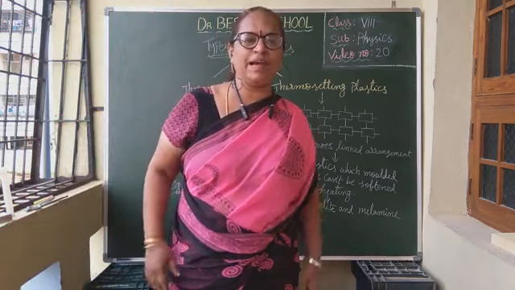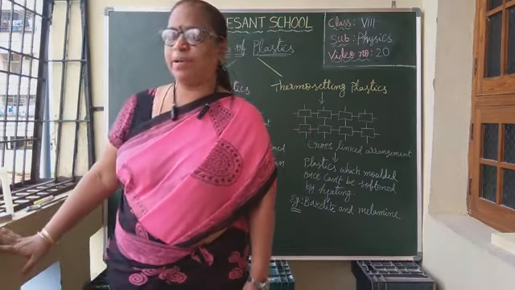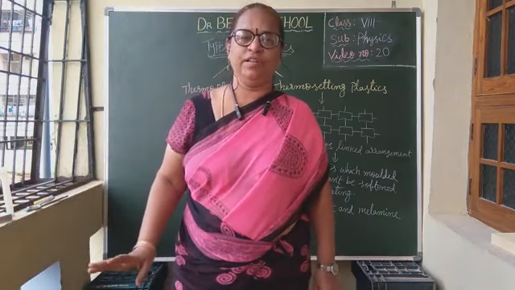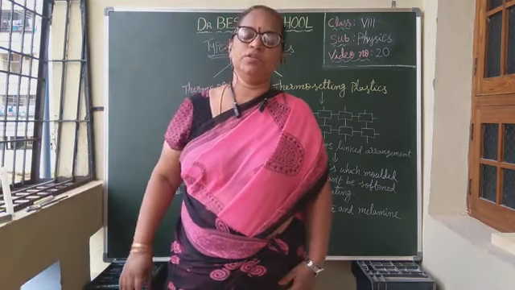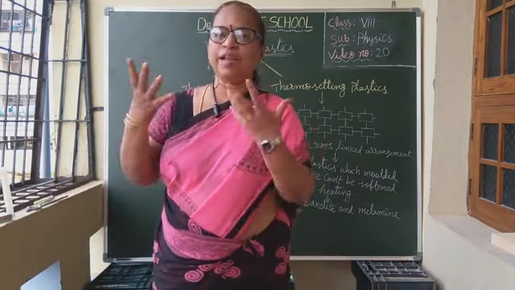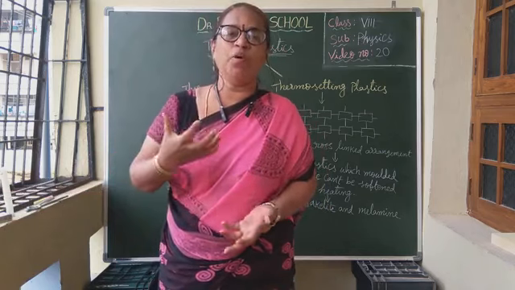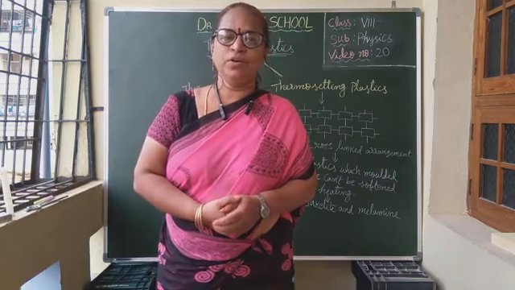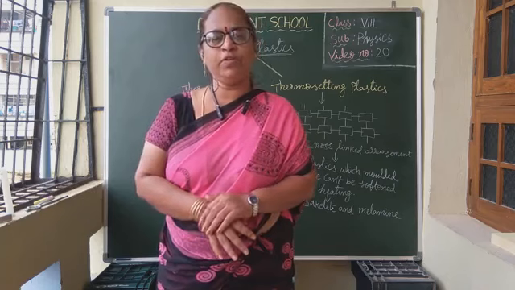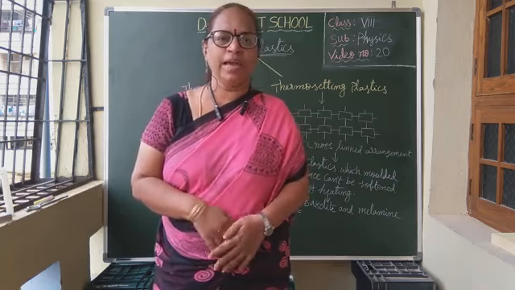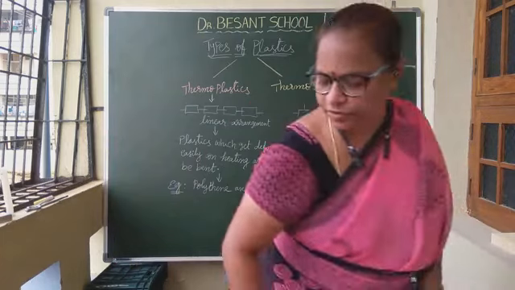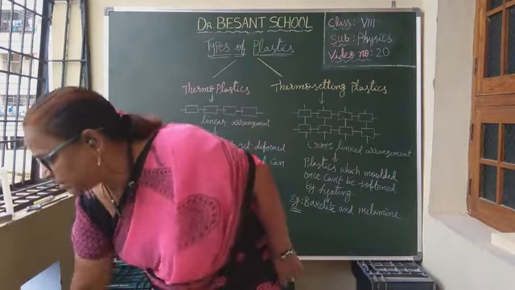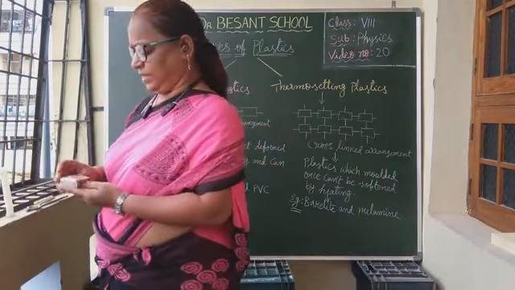Like that we can collect any plastic pieces which are available just to test the type of plastic. But while doing this lab activity, we should be very careful, and take a lot of care because plastic is made up of chemicals. So when heated, smoke will come which is harmful to our body. So you should be very careful if you carry out this activity. And if they melt, they can come onto the body. So you should be very careful with that. Now let us start our activity, children.